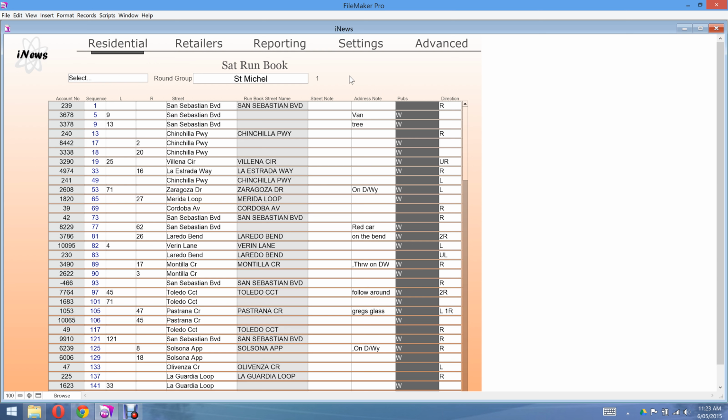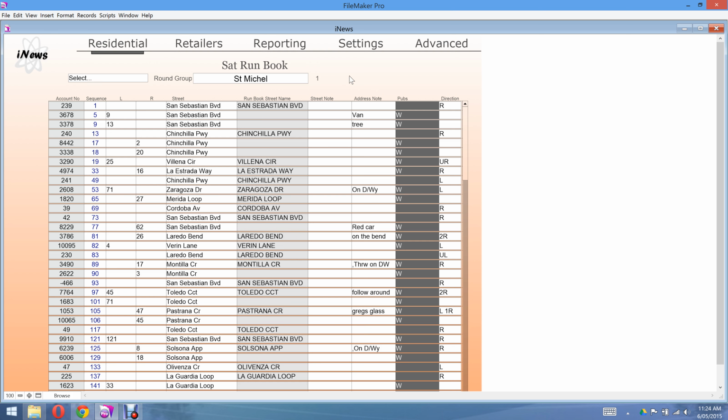Usually we tell businesses that are starting to set up runbooks to choose the busiest day of the week, most often a Saturday, and set up that runbook. Then what you would do is you'd simply copy the sequence number and notes and directions from the Saturday through to the other days, and then go to each individual day and just make minor changes that are appropriate